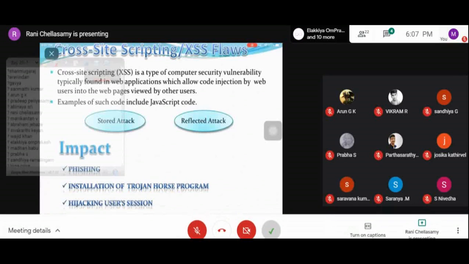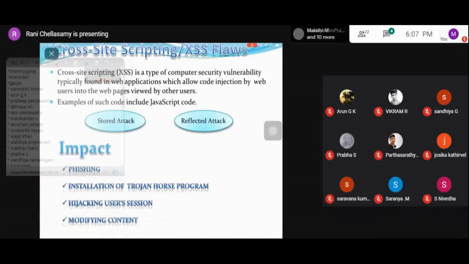We have also seen what is meant by phishing. I think many of you know what a phishing attack is. We have seen Trojan horses, worms, viruses, all such kinds of attacks earlier.